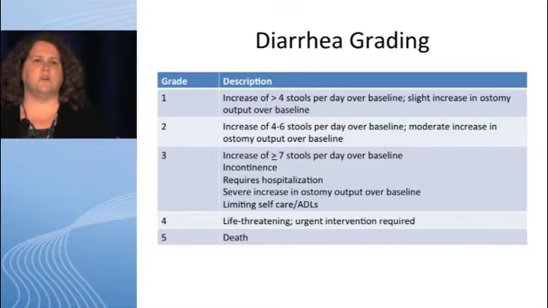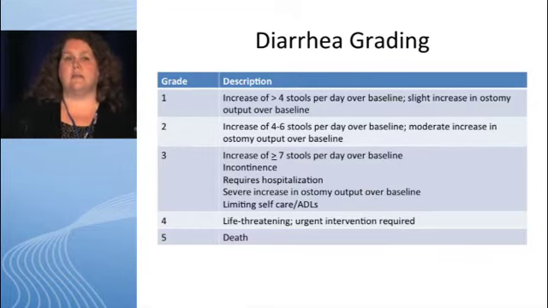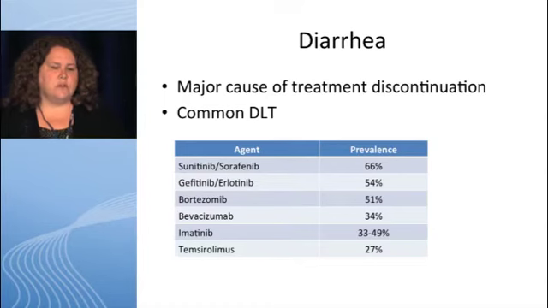I'm so glad that there was a large percentage of people not sure about the grading, because for those of you who are not doing clinical trials every day, in our clinical trials, grade 1 and 2 are usually considered mild and acceptable. So I wanted to flash grading up for these items, because when you look at grade 2 diarrhea, an increase of 4 to 6 stools per day over baseline, to me that's really not so mild in terms of quality of life, especially when you're giving oral agents long term. These really have a bigger impact on life than a few days of grade 2 diarrhea after an IV agent, and then you're not going to get it again for 3 or 4 weeks. So keeping that in mind is critical here.